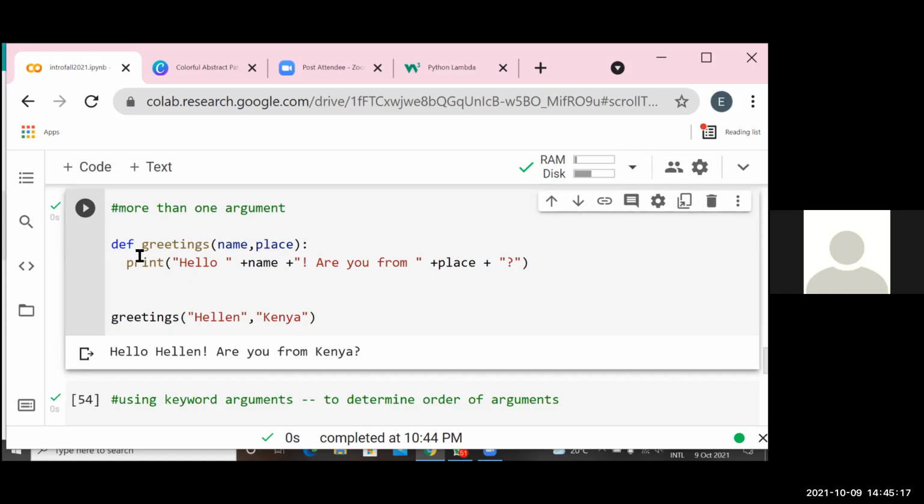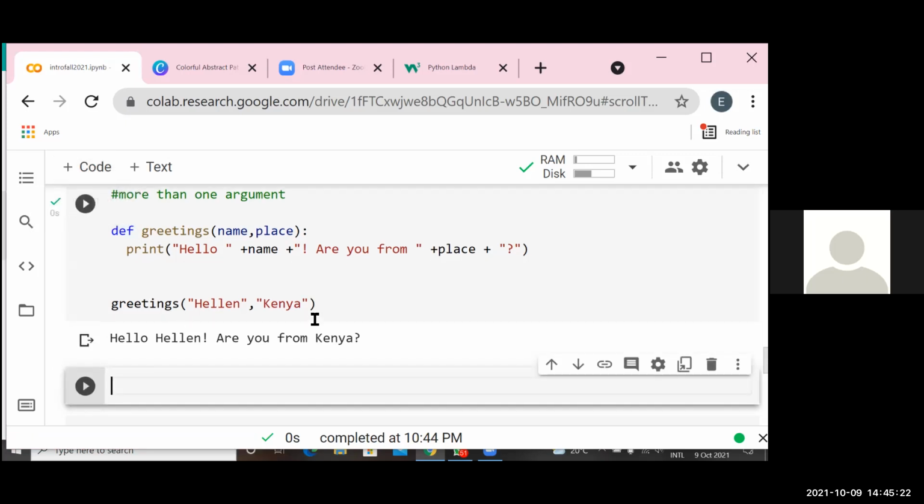So maybe let's say you forget and you call the function and write the place first. So let's say we say Rwanda, and then you say the name.